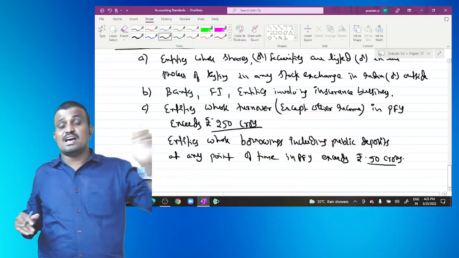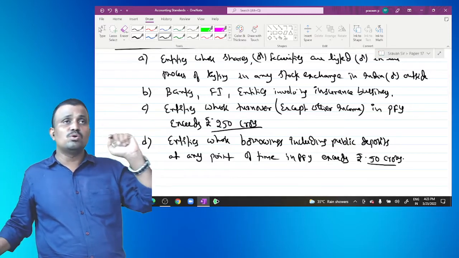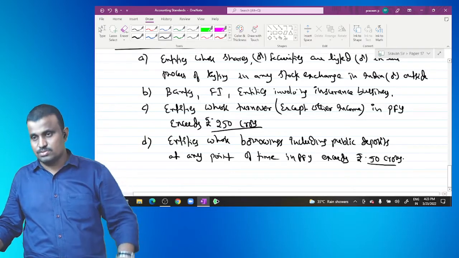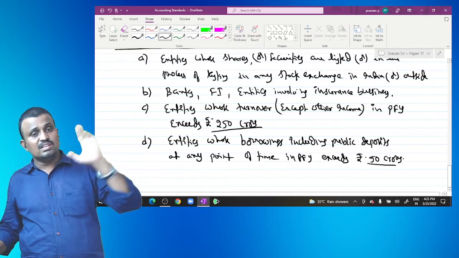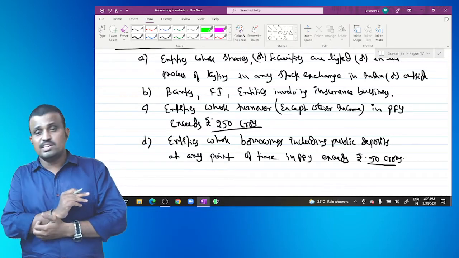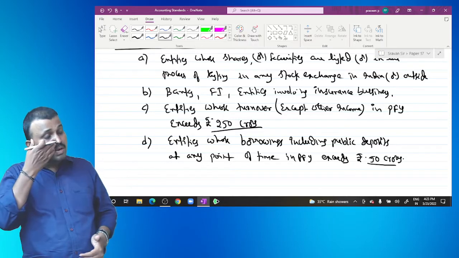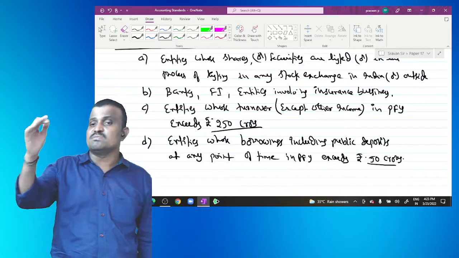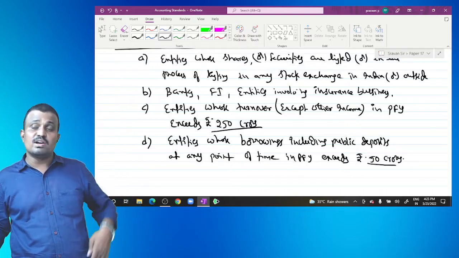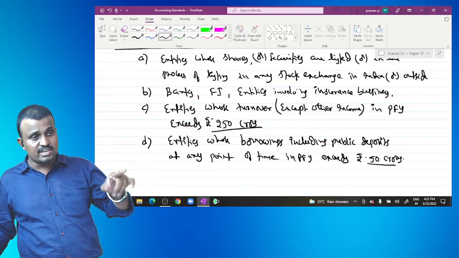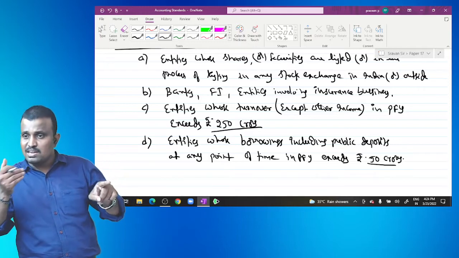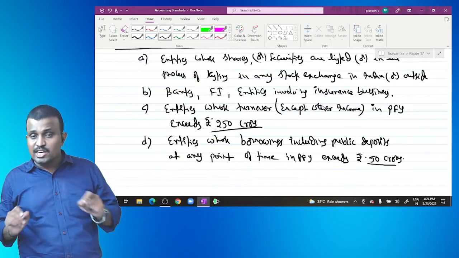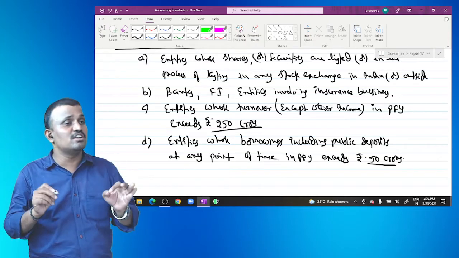For example, in the last year, the entity's total borrowings at the beginning of the year were 30 crores, and at the end of the year, around 28 crores. During the year, the company obtained around 45 crores loan from the bank. Then the opening 30 plus 45 is 75. Out of that, some balance was repaid. At the end, we have around 28 crore. Then don't consider the balancing figure at the end of the year.